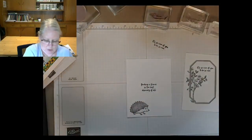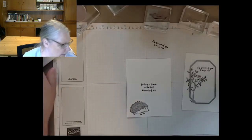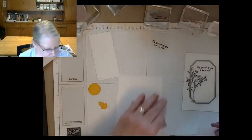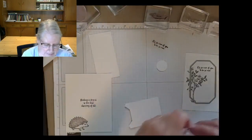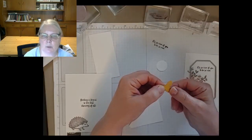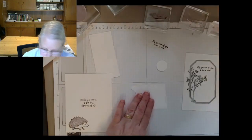Okay. Now, one more stamping piece to do, and that is actually two more. I've got my little butterfly, and this is what I did with some of the ones I did. I couldn't figure out what to do with the butterfly, so I used this little die cut from another die set. I think it was from Quiet Meadows, but I really do like the little butterfly from this set, so that's what I'm going to use tonight. So we're going to take this Hedgie,